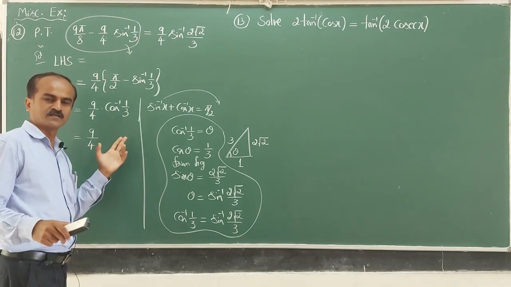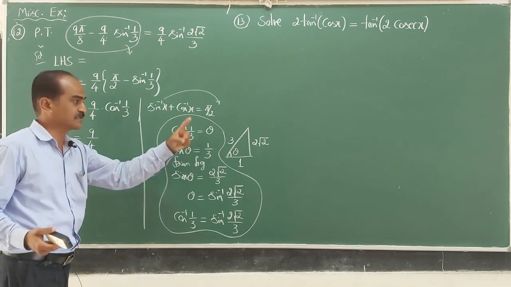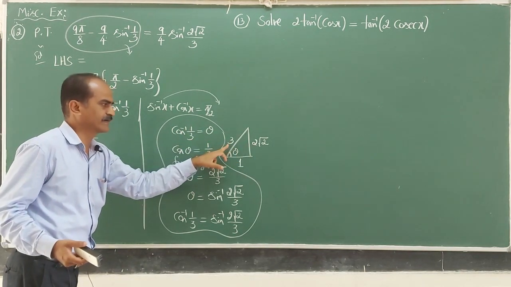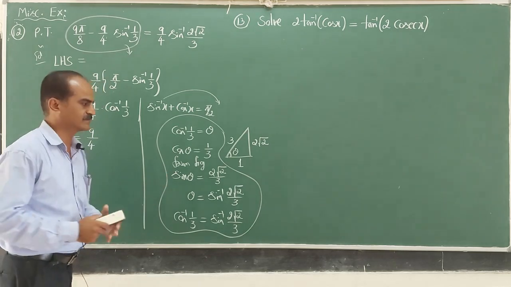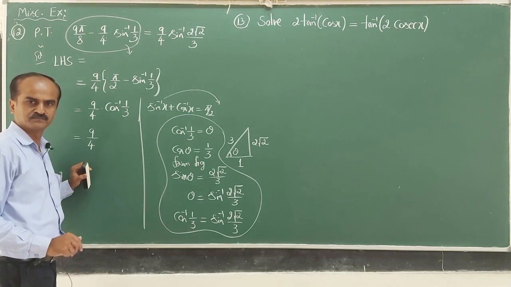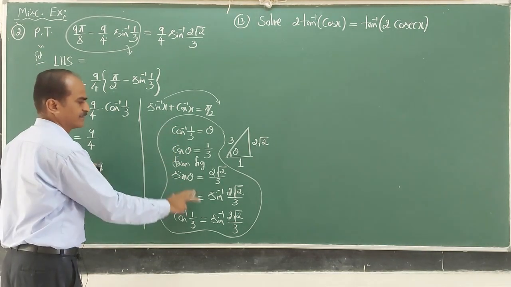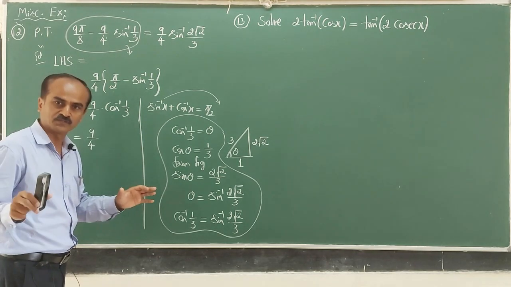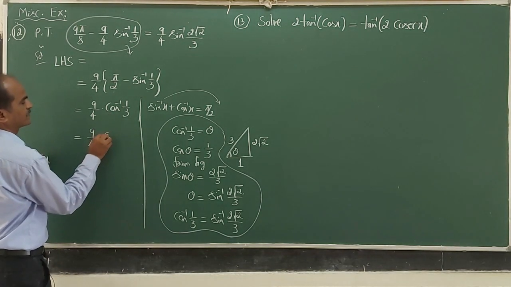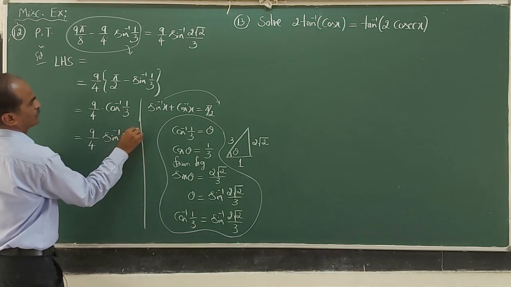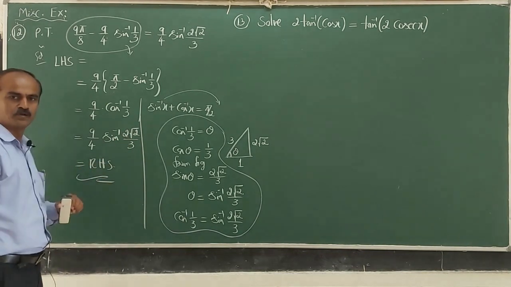I need cos inverse in terms of sine inverse. There I have to write sine theta. What is sine theta? Opposite by hypotenuse. That is 2 root 2 divided by 3. So therefore, straight away you can write sine inverse of 2 root 2 divided by 3. Are these steps understood? Okay, but you need to get some practice. After you become perfect, then definitely you can go for this. Once you are thorough with this, you will be able to write the results directly. Now cos inverse of 1 by 3 is sine inverse of 2 root 2 divided by 3, hence the result. I hope you followed this example.